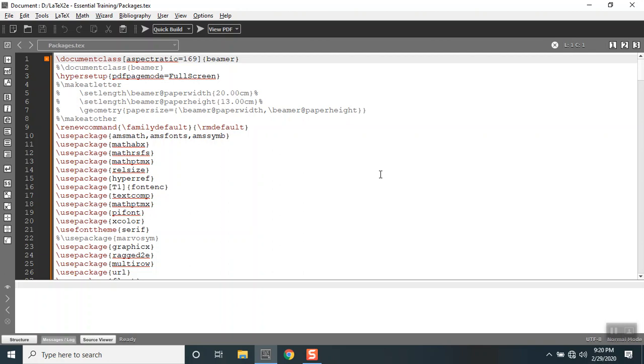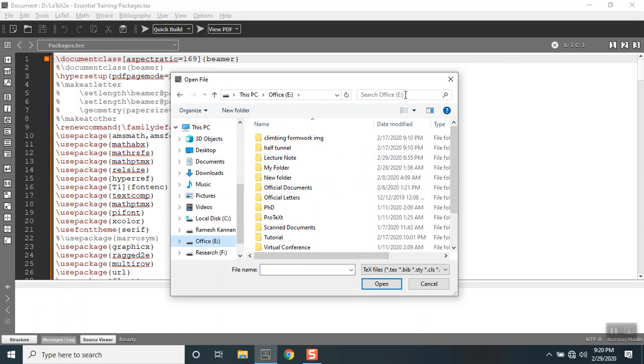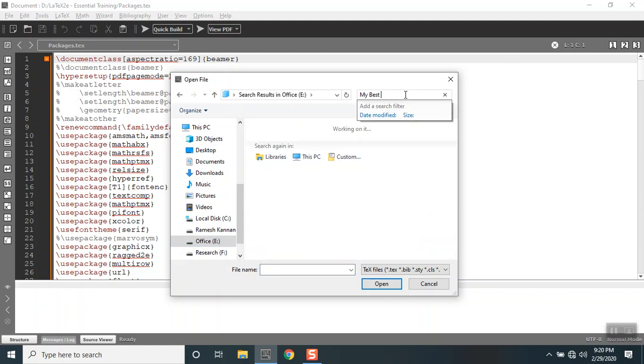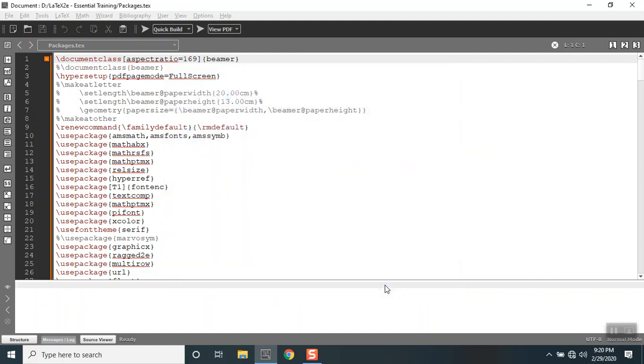Another important thing is, if you know a file is in a particular repository but are not sure in which folder you've kept it, you can still open it. You can go to this dialog box, and I have saved a file called my best game. It was my chess game that I saved in a LaTeX document, and I believe I've stored it in Office. I think I can show my best game or something like that. Taking a lot of time. Yes, there's a folder named my best game. I just click that, and I can click Open.